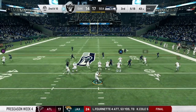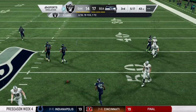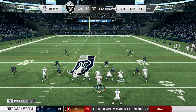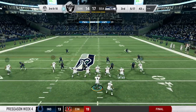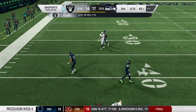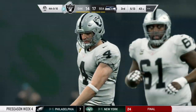So 2nd down, still 10 yards to go, ball on the 43. Now, meanwhile, here's a 2nd down throw that's knocked away and incomplete. Big play coming up. Here's 3rd and 10. I would expect to see some pressure here. The pressure drops off as they'll look to throw. Oh, he can't hang on to it. Almost intercepted. They would have loved the first pick of the game there, but at least it does get him